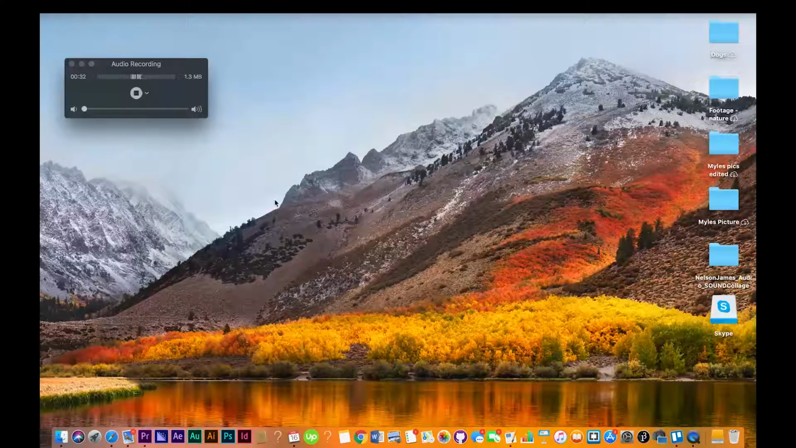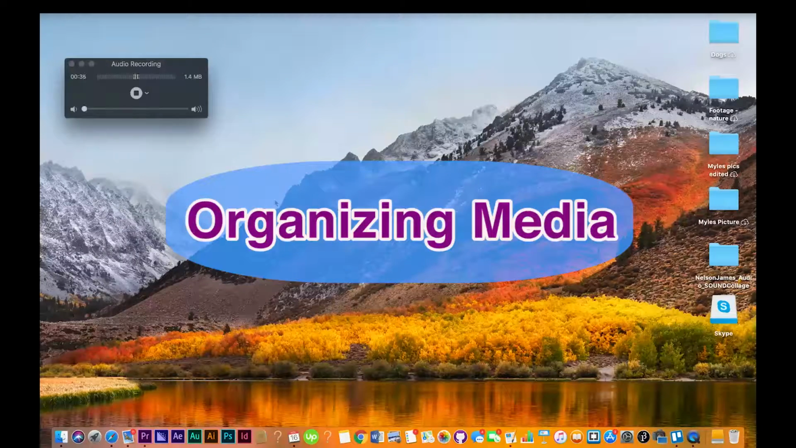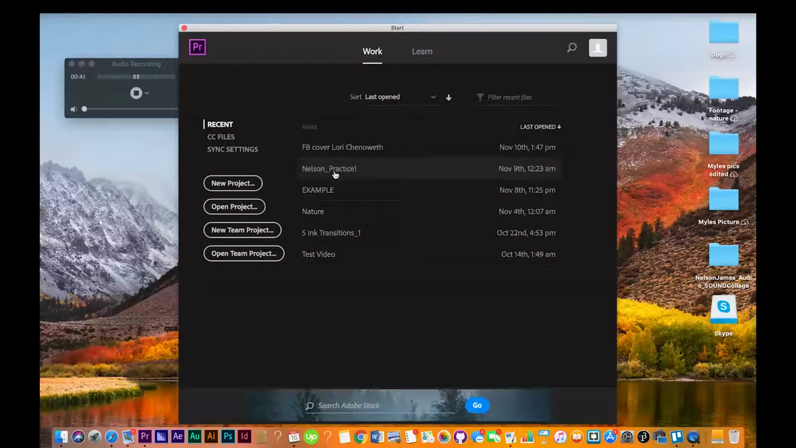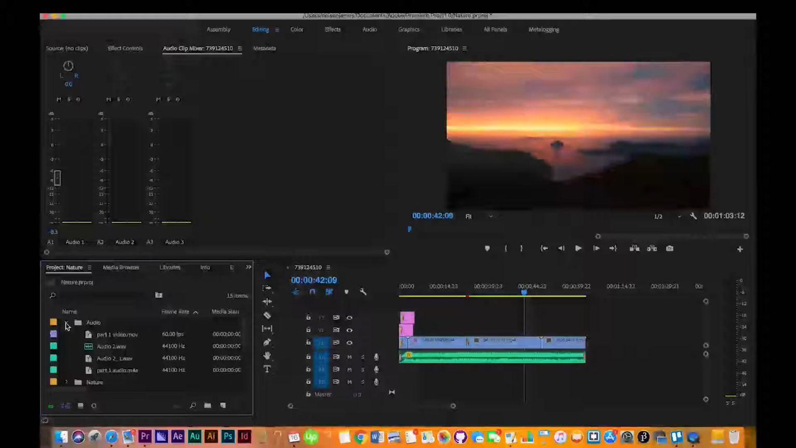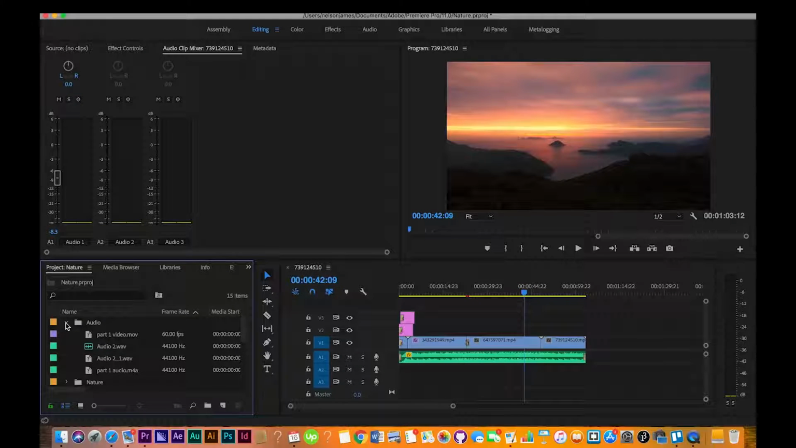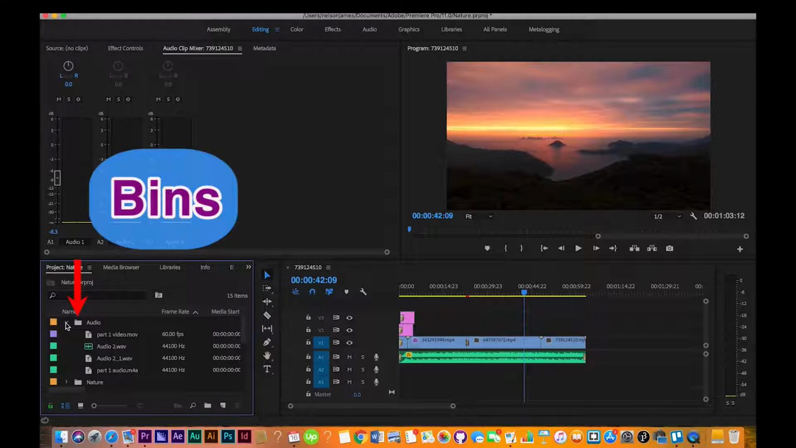Let's first talk about organizing media. Media organization is essential to ensuring that your editing process goes smoothly. Okay, so now that we're at our screen, we're going to first talk about media organization in a more detailed way. Our project panel lets us use bins that help us organize the project content in much the same way